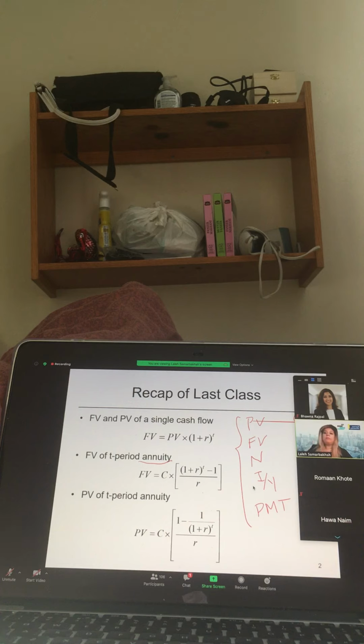One more thing here was that your I/Y, or interest rate in your calculator, is usually assumed to be in percentage format. That's why, especially when it comes to rate conversions, when you have 0.5%, some of you might make a mistake and just put 5 there, but that's wrong. It's not 5%, it's 0.5%. Okay. So those were some of the ideas here, and by now you should be good with your calculator.